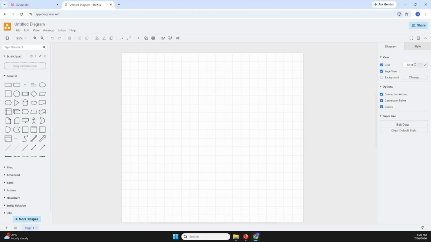In today's video, we will migrate one of the most common Azure Data Factory pipelines to Databricks. The pipeline is very simple. We have a CSV file stored in Azure Blob Storage, and the ADF copy activity reads the file and loads it into the destination. So in our migration, instead of loading the data to SQL Server, we will load it into a Delta table, which is the recommended approach in a modern